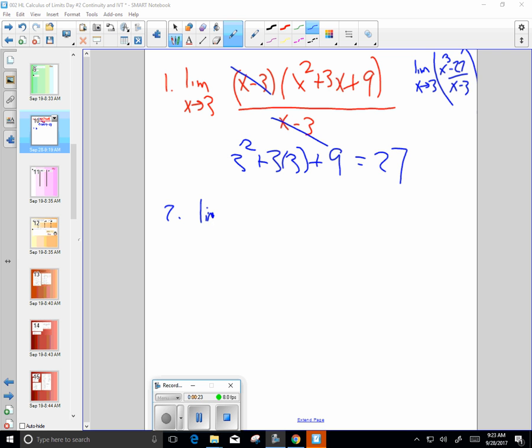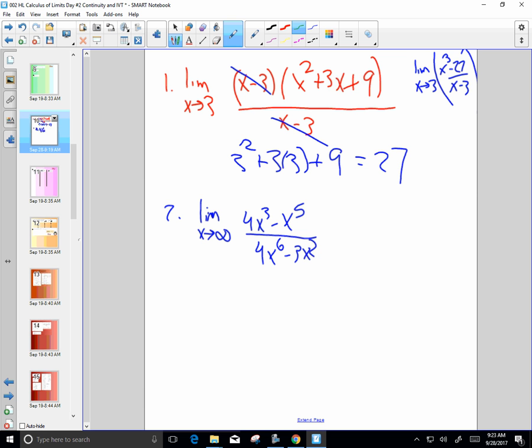The second one that we had was the limit as x approached infinity of 4x cubed minus x to the 5th over 4x to the 6th minus 3x squared. Now tell me, what's the greatest exponent of x? 6. Do you see an x to the 6th in the top? I don't. So let's just write 0x to the 6th. Now if you highlight the greatest exponent of x,